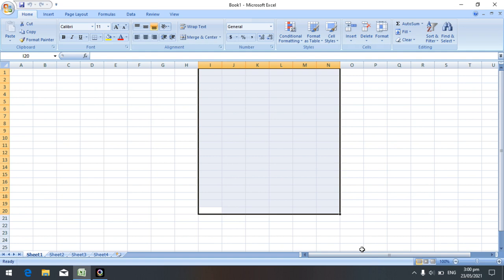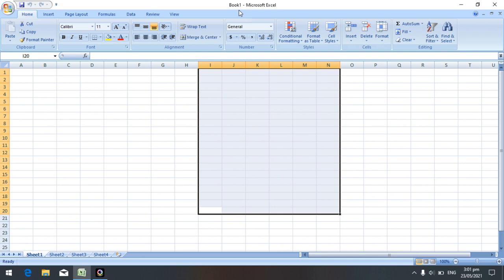Just click on the start button. It opens a start menu. Here, all programs. Click on MS Office and after that click on MS Excel 2007. The Excel application window opens with a new Excel workbook. So that is Book 1. Here you can easily view. By default the file name is Book 1 and the application name is MS Excel.